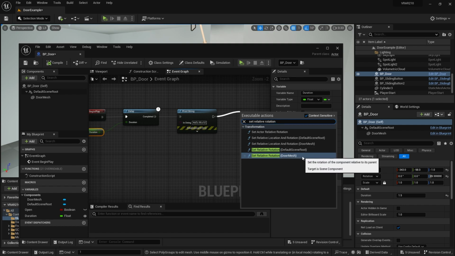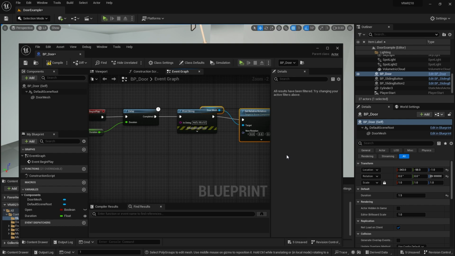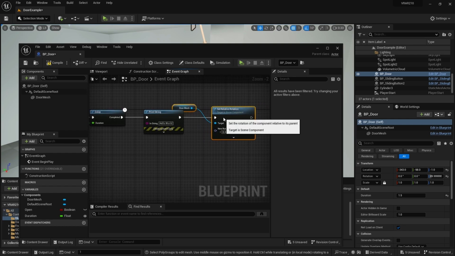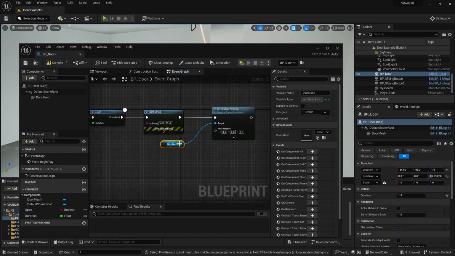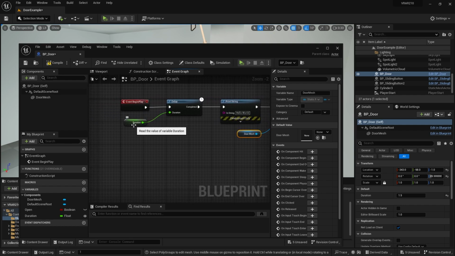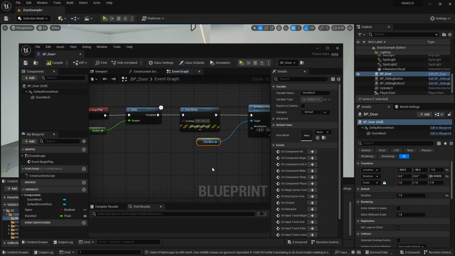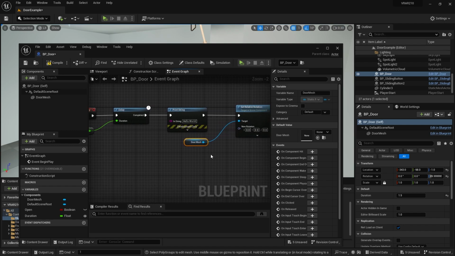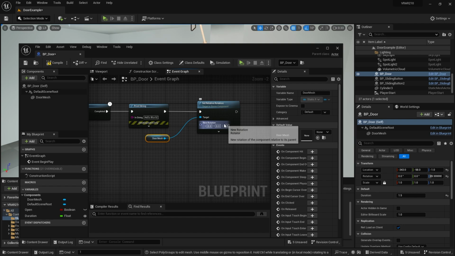I'm going to select this one with the door mesh in parentheses, and it's automatically created a reference to my door mesh. Notice that this looks just like my duration node here. So components within my blueprint can also be referenced as variables. And now in this node, I want to set the Z rotation of this door to 90. I compile